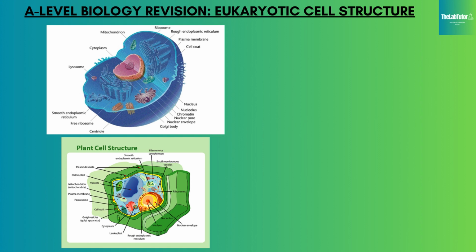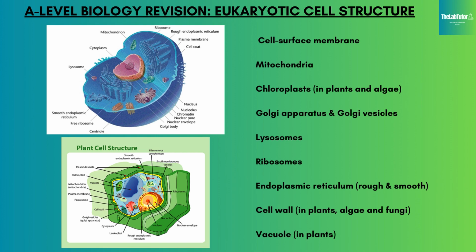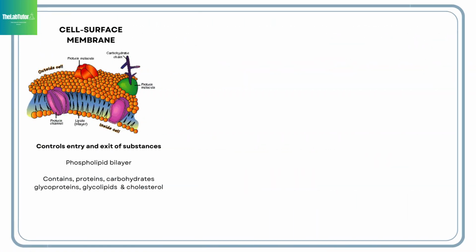A-level biology, cell structure. You need to know the structure and function of each of the organelles in a eukaryotic cell, which includes plant cells, animal cells, algal cells, and fungal cells. Let's start with the cell surface membrane or plasma membrane, which controls the movement of substances into and out of